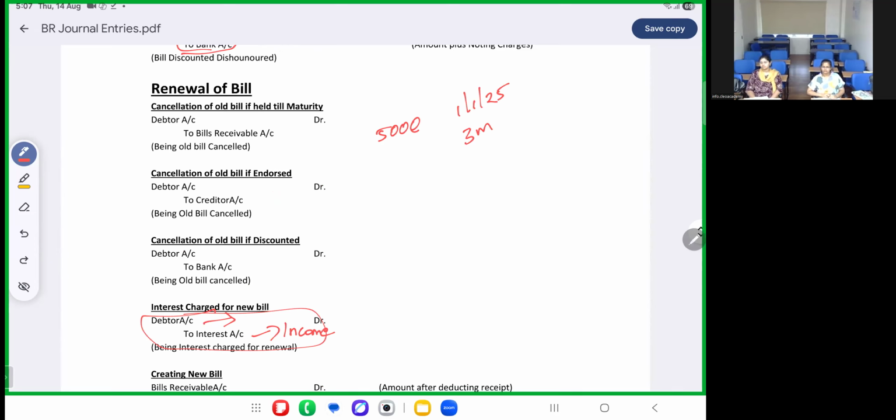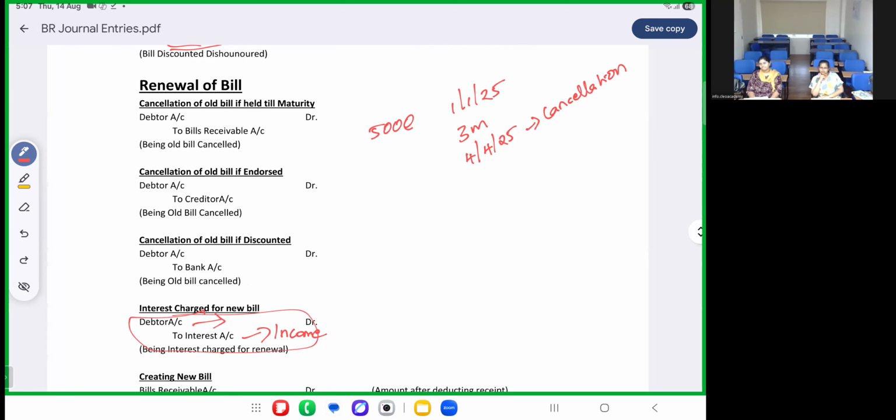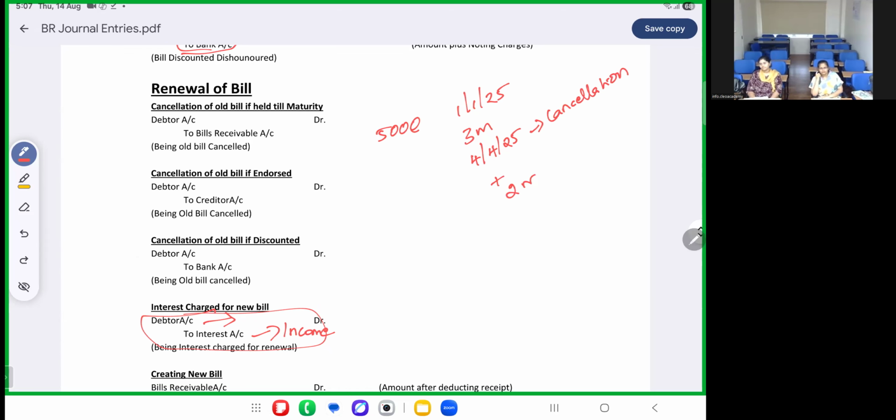So after 3 months, 4th of April 2025, or say on the due date, they have come and told me that I'll not be able to make the payment. Okay. So what I'm doing, I'm canceling the bill. On that date, they want a fresh time of 2 months more. So I'm creating a new bill